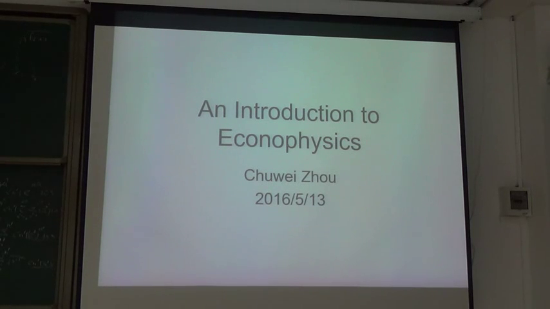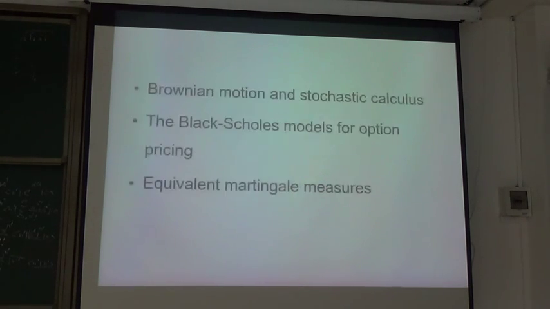My topic for tonight is the introduction to economic physics. I've studied for a few days what is the best perspective for us as physics students to unlock the door into economic physics. By coincidence, Professor Domesky has mentioned some knowledge in the complex systems lecture. Thus, I will begin with Brownian motion and the one-dimensional random walk and some stochastic calculus, and based on which we will introduce the famous Black-Scholes models